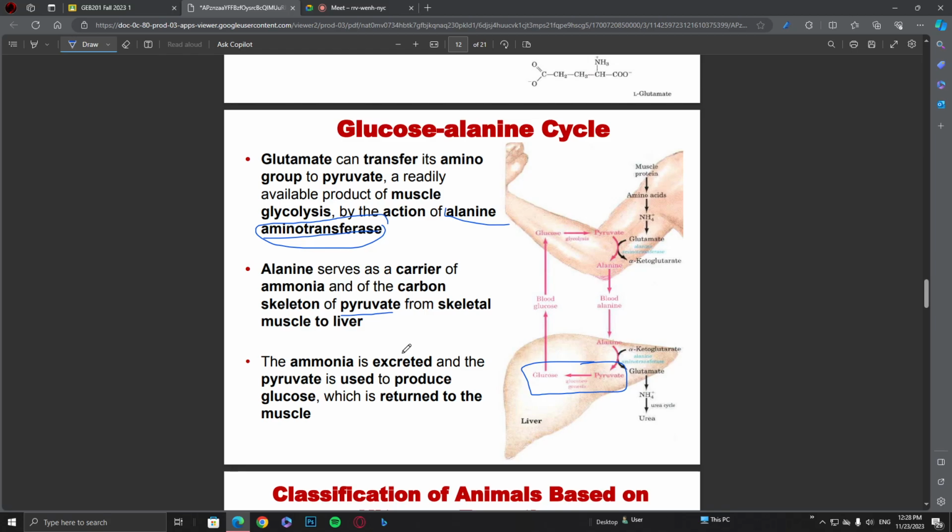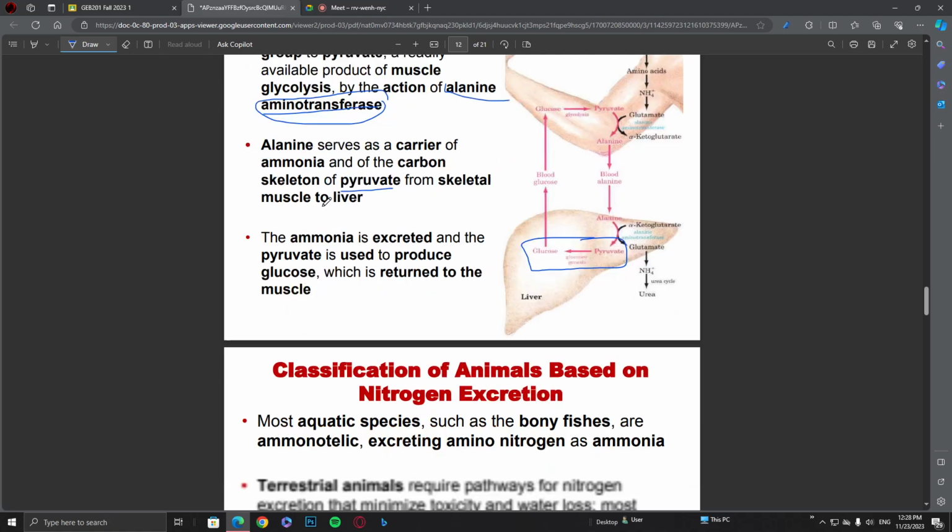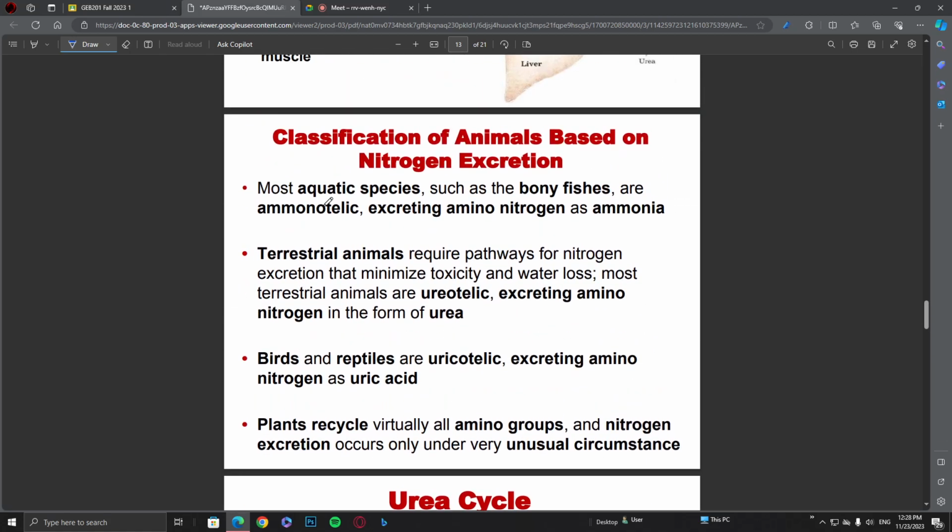So up to now, each of the reactions we have learned are here. Is it clear to you? Yes, ma'am. So what is happening here? That means where we are getting the amino groups from, what the sources of amino groups are, and how those amino groups are ultimately released in the liver. Individually, each of the reactions is discussed in the following slides, up to this slide.